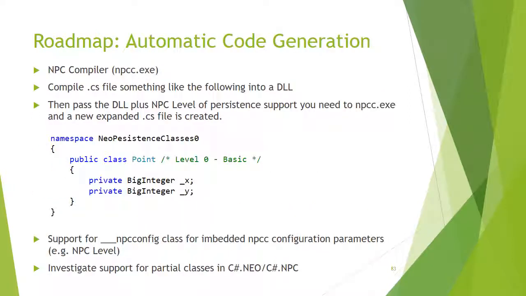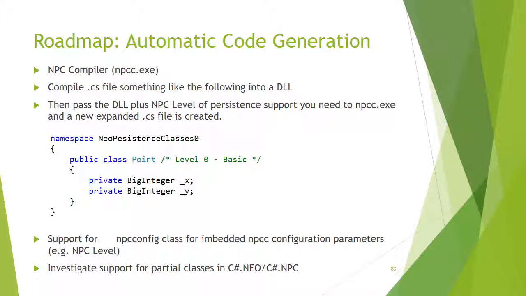In terms of automatic code generation, if we think back to that early slide where we talked about the Neo developer environment and how the Visual Studio C# compiler creates MSIL, and the MSIL then is transcompiled into Neo bytecode. This, what I call the NPC compiler, npcc.exe, would take a simple class definition like you see here. You'd use the Visual Studio compiler to compile it into a DLL. NPCC would read the DLL